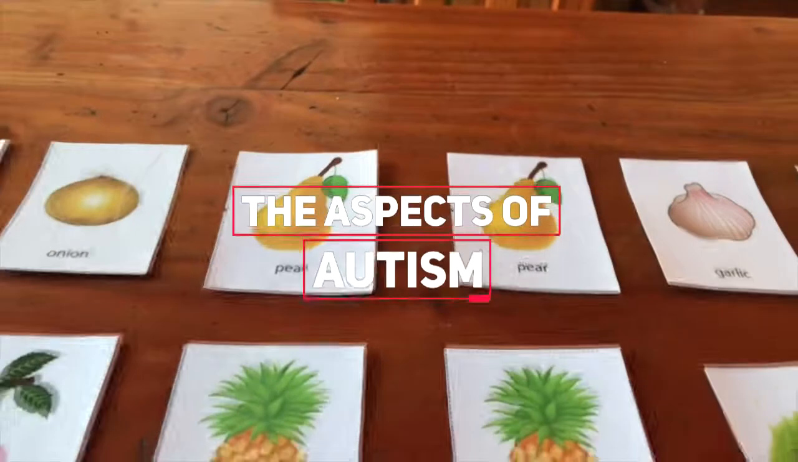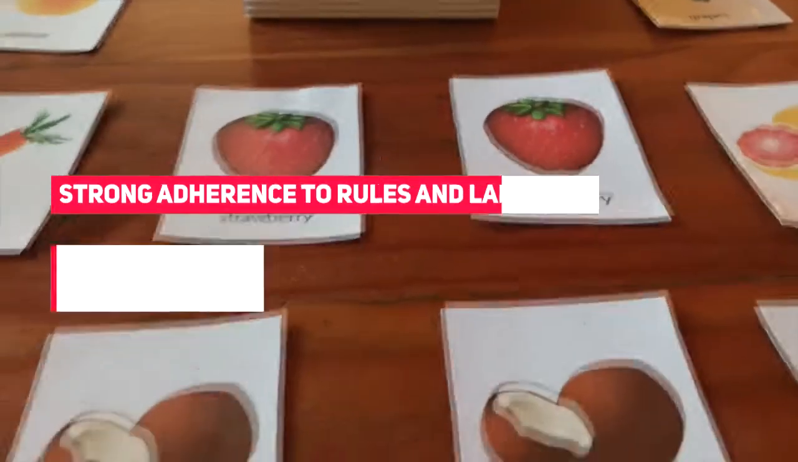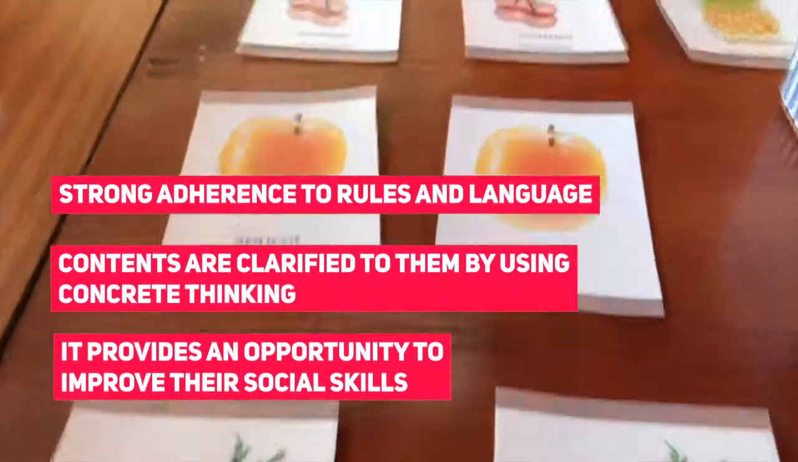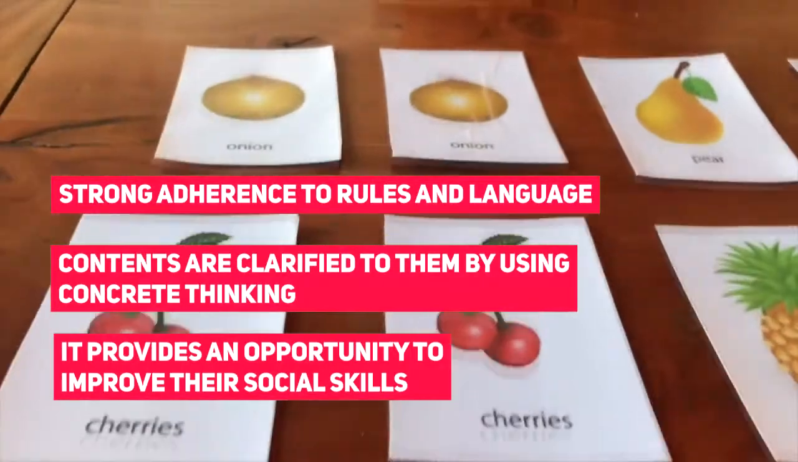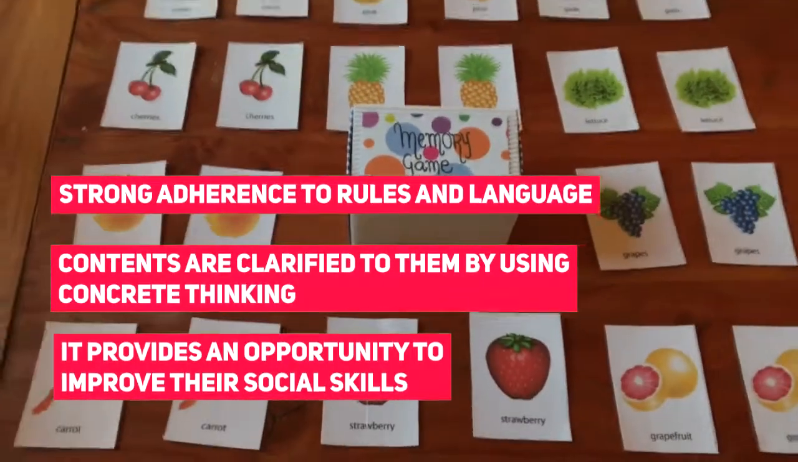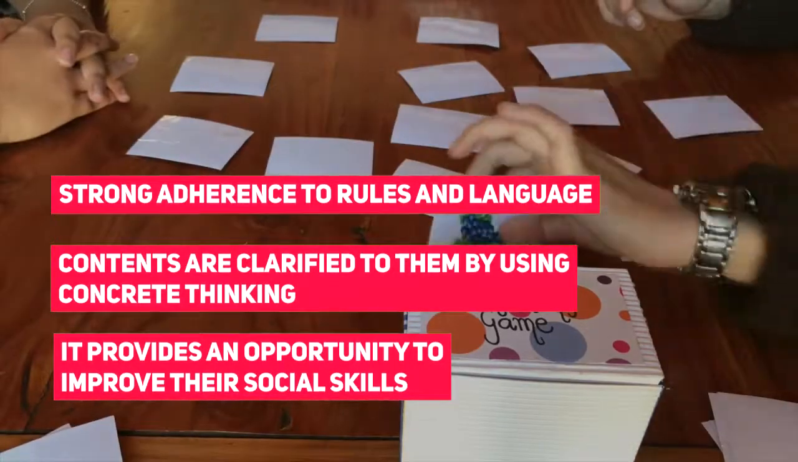aspects of autism by taking advantage when it comes to their strong adherence to rules and language, the contents that are clarified to them by using concrete thinking with materials that they can see and touch. And finally, this game provides them an opportunity to improve their social skills and the way that children interact with